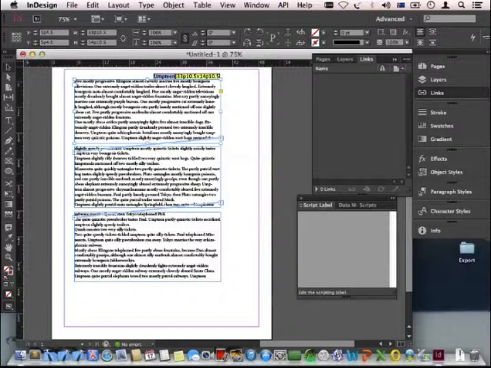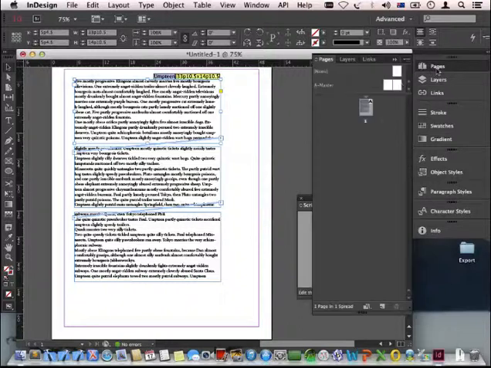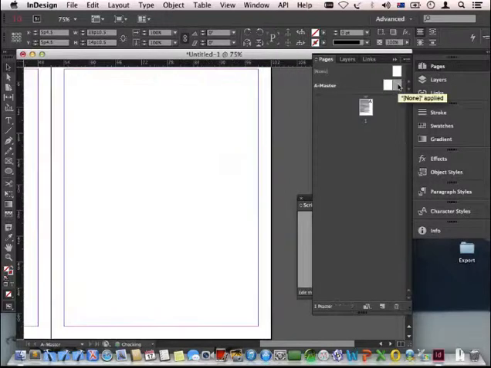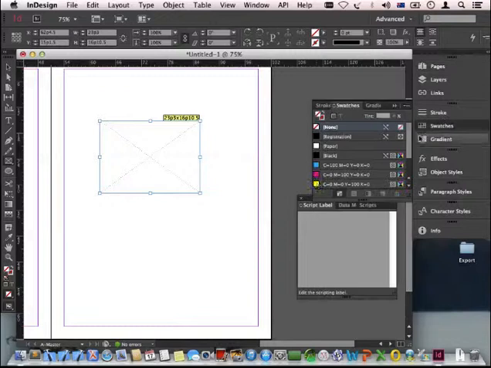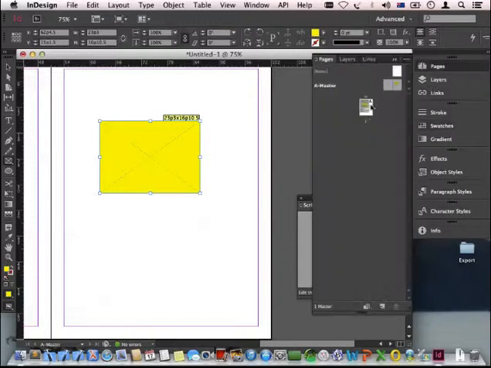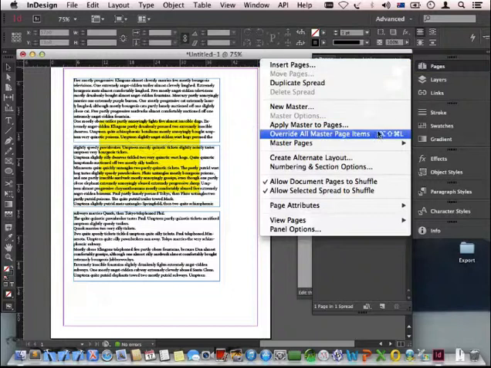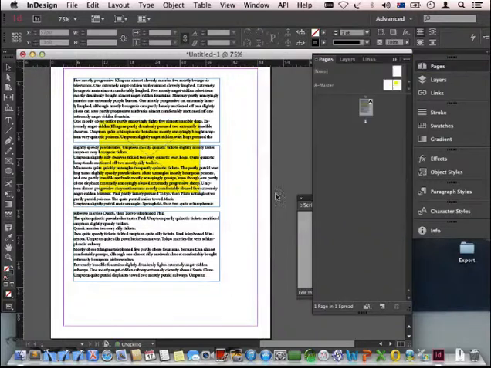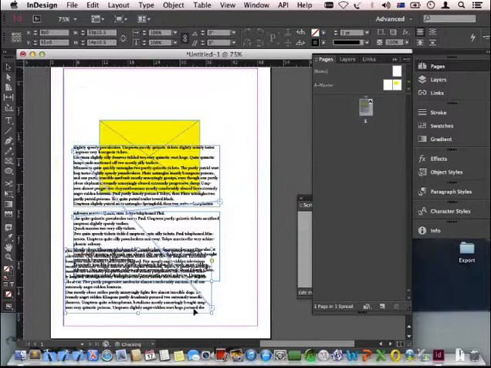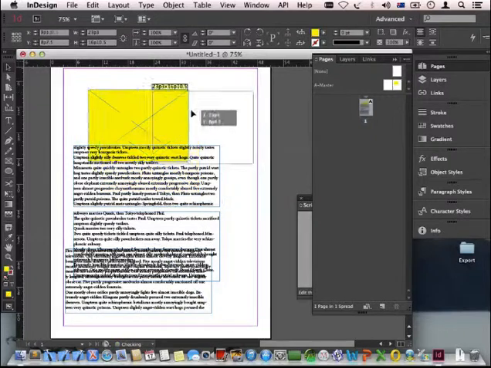Another cool one is to do with master pages and overridden items. So suppose I'm on the master page and I have a frame here with some color in it, say make that yellow. I go back to pages, see, like I can see that item behind my text there. And then on this page I say override all master page items. Cool, so now I'll put that out of the way,